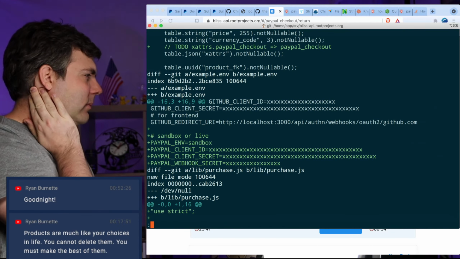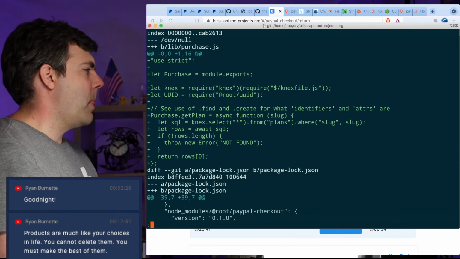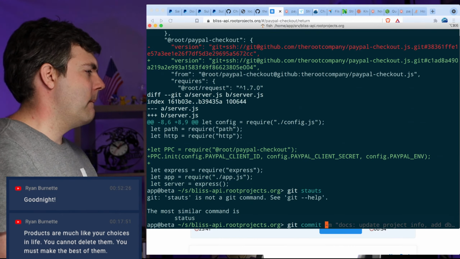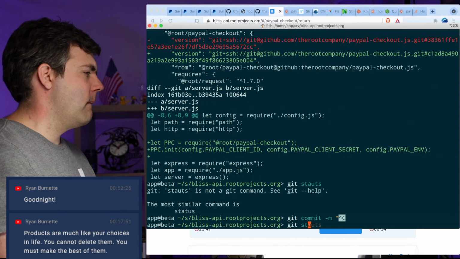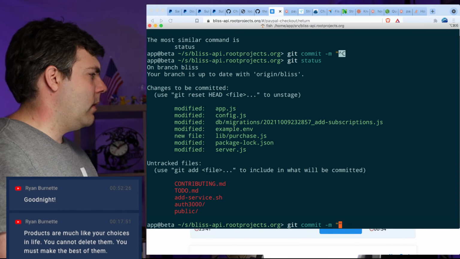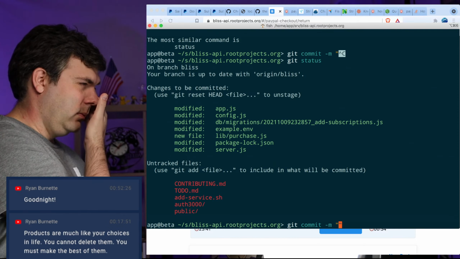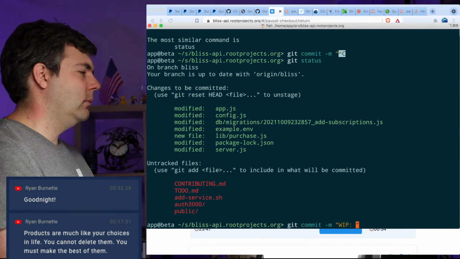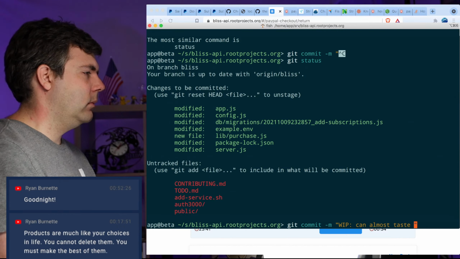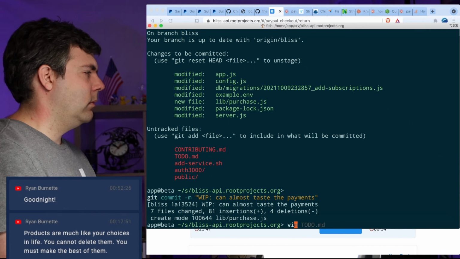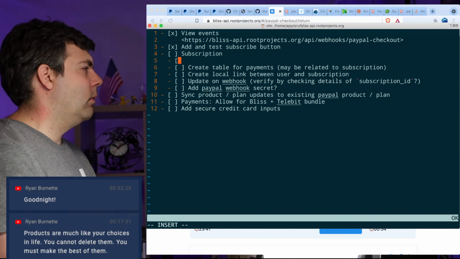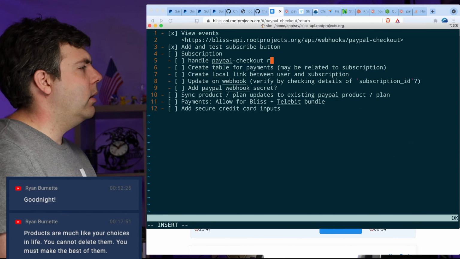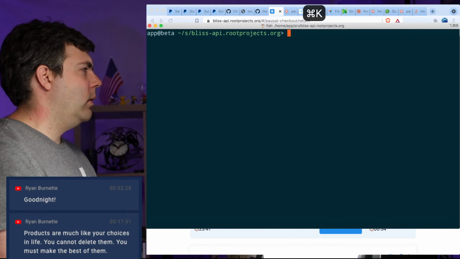Really, really good. Okay. WIP. Handle PayPal checkout routing. Okay, that's cool.